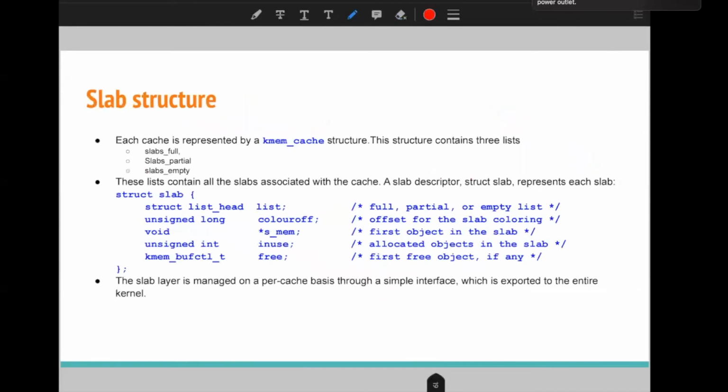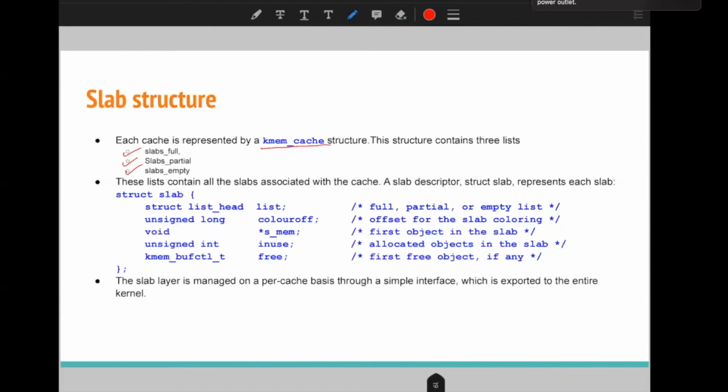Each cache in the slab allocator is represented with the help of this kmem_cache structure. It contains three lists: slab full, slab partial, and slab empty.